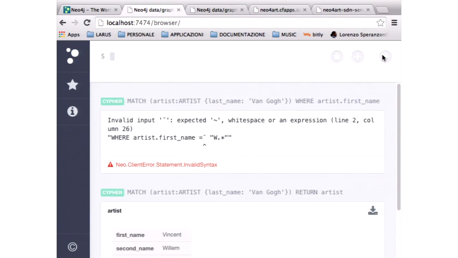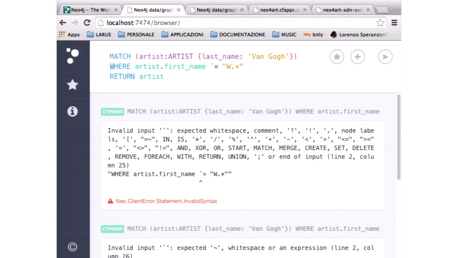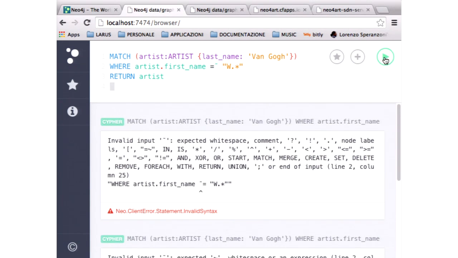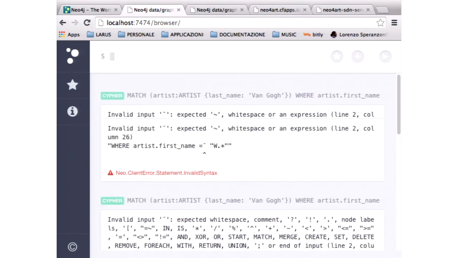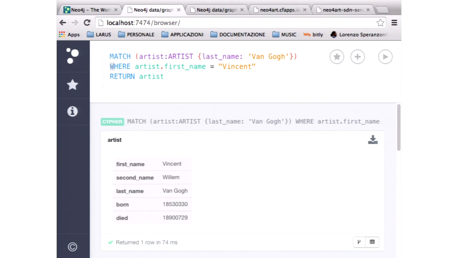So it's the wrong tilde, I think. Not a German tilde, probably, right? Okay, let's try that again. Okay, no. Something Italian. But we can, for instance, say where it's William, right? Vincent. Oh, Vincent, sorry. So, Willem. The second name is Willem, right?